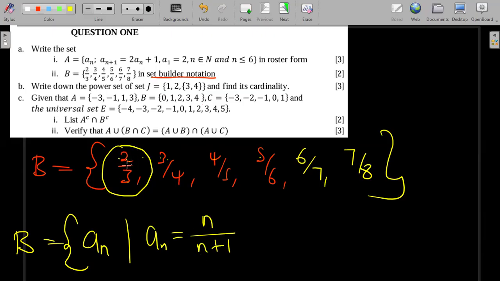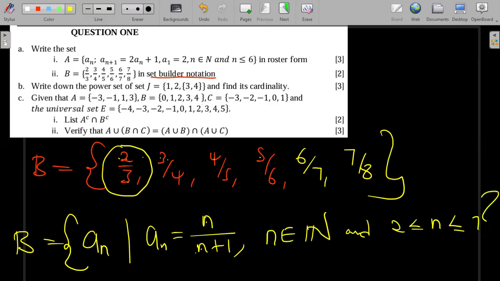If I have a number in the denominator, I'm just increasing it by 1. No wonder I've written N and then N plus 1. And then from there we have to limit these N's so that this makes sense. We see that all these are natural numbers. So we're going to say comma, N should be a natural number, and this N should be between 2